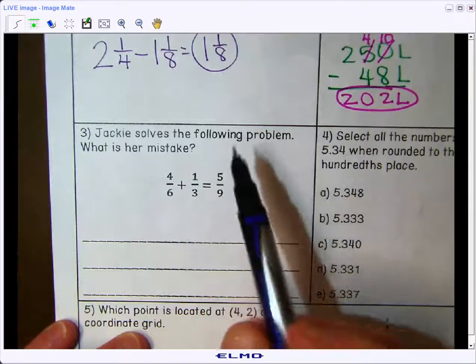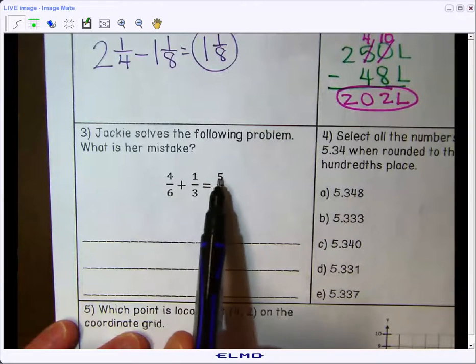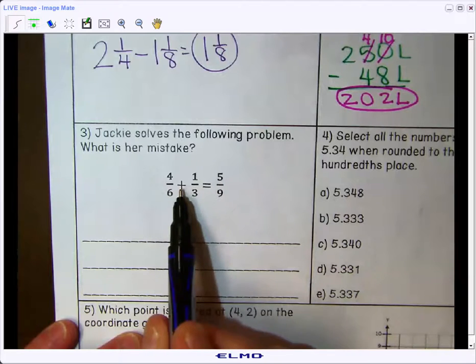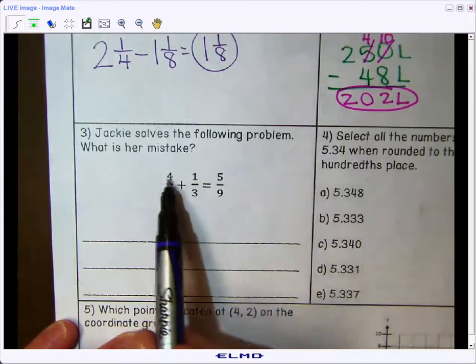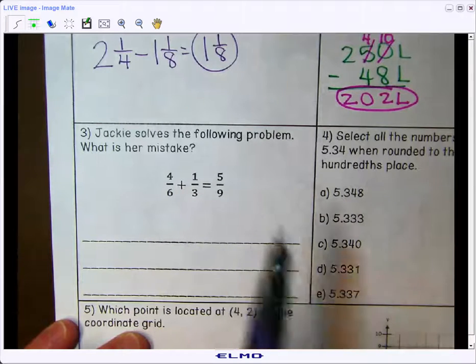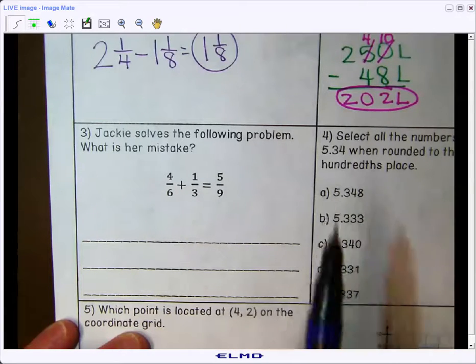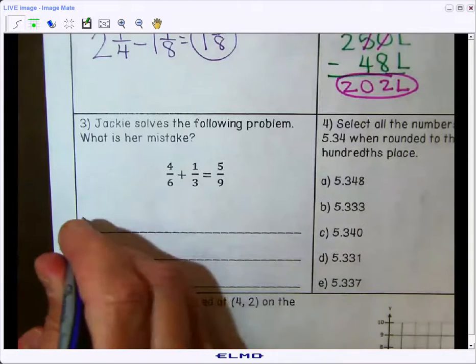All right, so right away, we can tell that she has 4 plus 1 equals 5 and 6 plus 3 equals 9. So we see that she added the numerators and then she added the denominators instead of finding the common denominator. So our answer would be Jackie